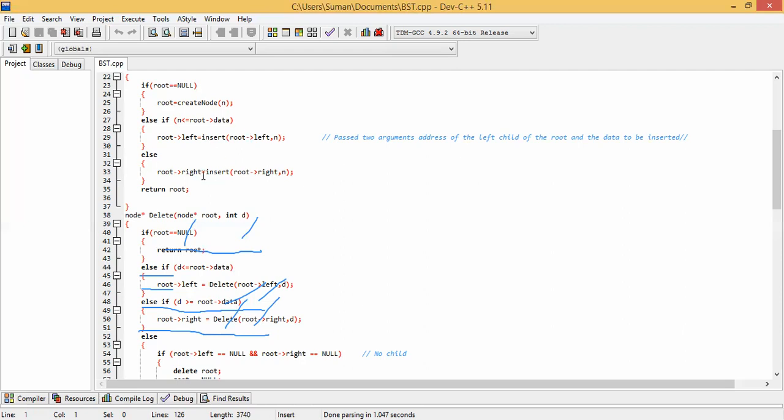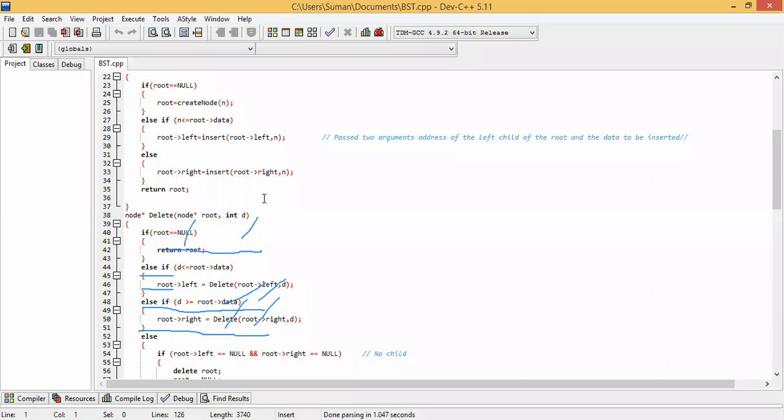In the insert function, as a parameter, if we want to insert the data on the left side, first we have to give the address of the left child, and then the data we are going to enter. Same as that, if we want to insert on the right side, we pass the address of the right child and then the data that is to be inserted in the insert function. So that's how insert works, and in the searching conditions also we have to search like that.